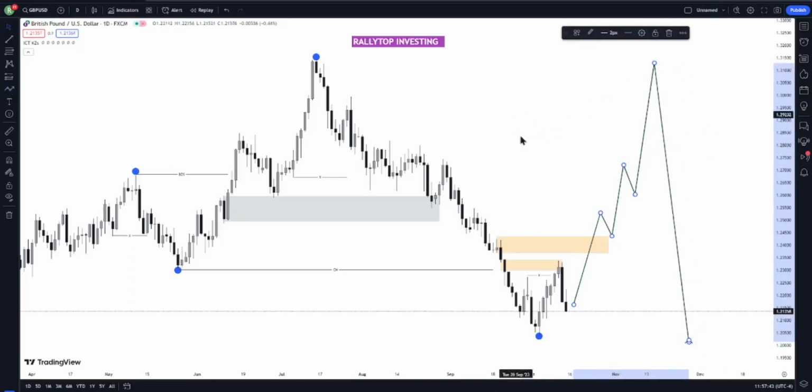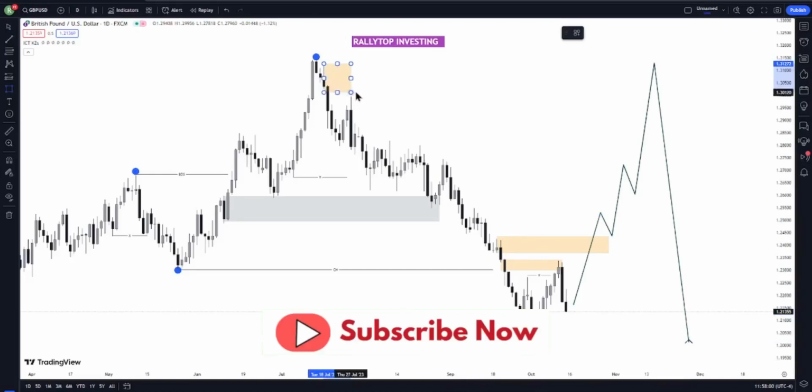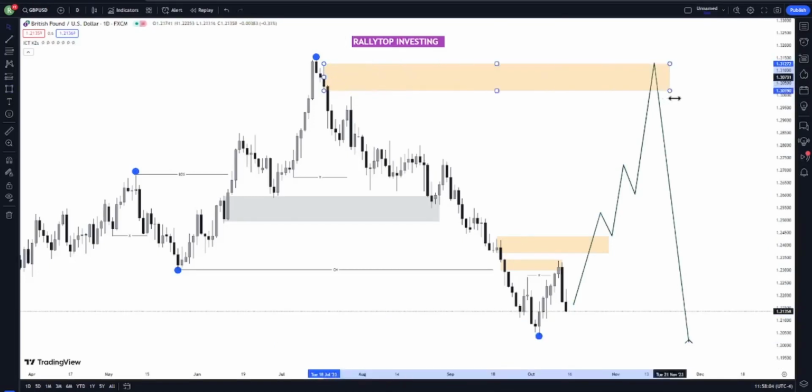And then we want to look for possible scenarios here. After this, your decisional OB. Now, where is the next OB? Your next OB is your extreme OB, and that extreme OB will be here. Take a look at it. This will be your extreme OB, all right? Why is that your extreme OB? Because it took out the previous candle's high, okay? So if price comes to this OB and reacts there, that will be a better place for us to take the trade. Now, but if price comes down to take out this low,